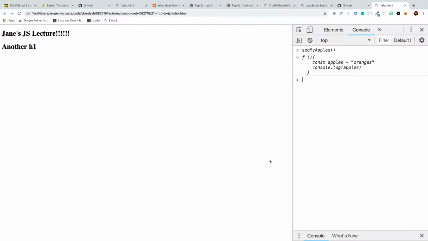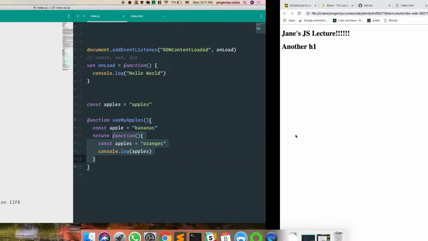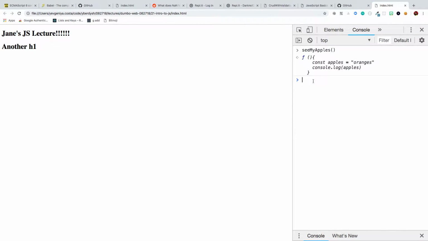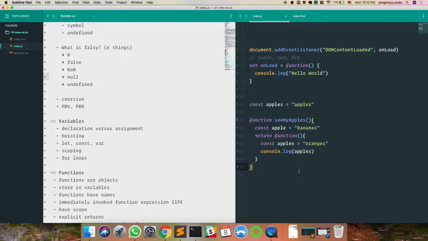If we want to invoke the inner thing, how do we do that? Let's think about it logically. This is a function and it can be invoked. So how do we invoke it if this is a function? Yes, it would exactly work like that. JavaScript is very logical, except when it does weird string coercion. So it prints out oranges. We're not returning anything from that function, so it returns undefined. So that's how scope works in JavaScript, and we'll go more into examples like this tomorrow with functions returning functions.